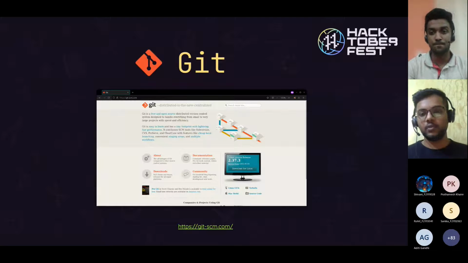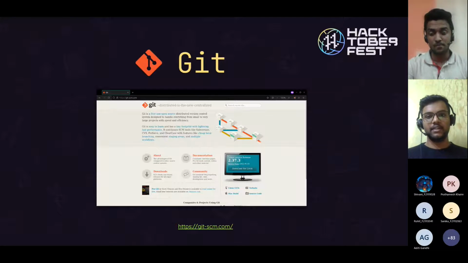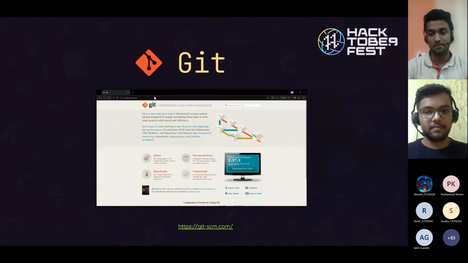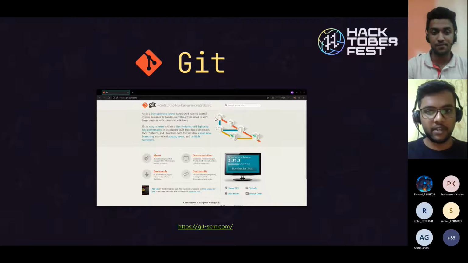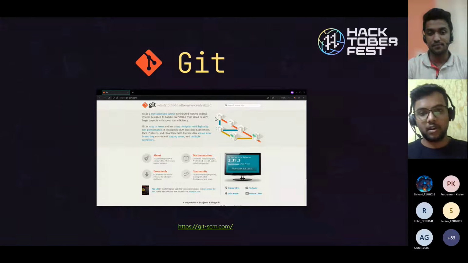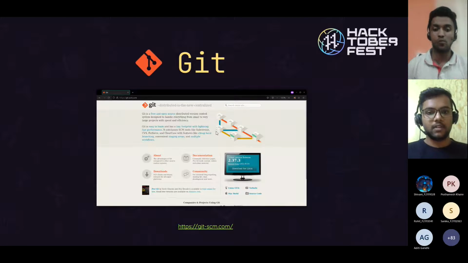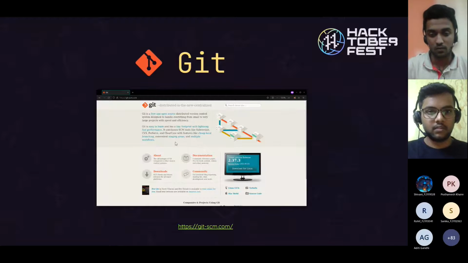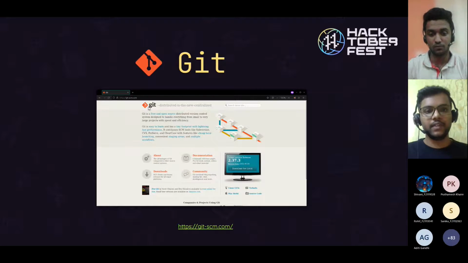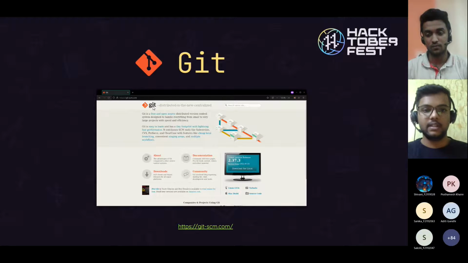So there was always a need for a central system for managing how different people collaborate together on code. GitHub comes into place at that point, where you manage all your code in one place. So for starting with Hacktoberfest, all you have to do is contribute to someone else's code.